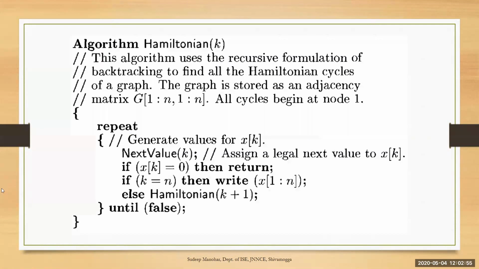Let us understand the algorithm. Hamiltonian is a function. It takes k. K is the vertex number. So what we learned is in the previous steps,